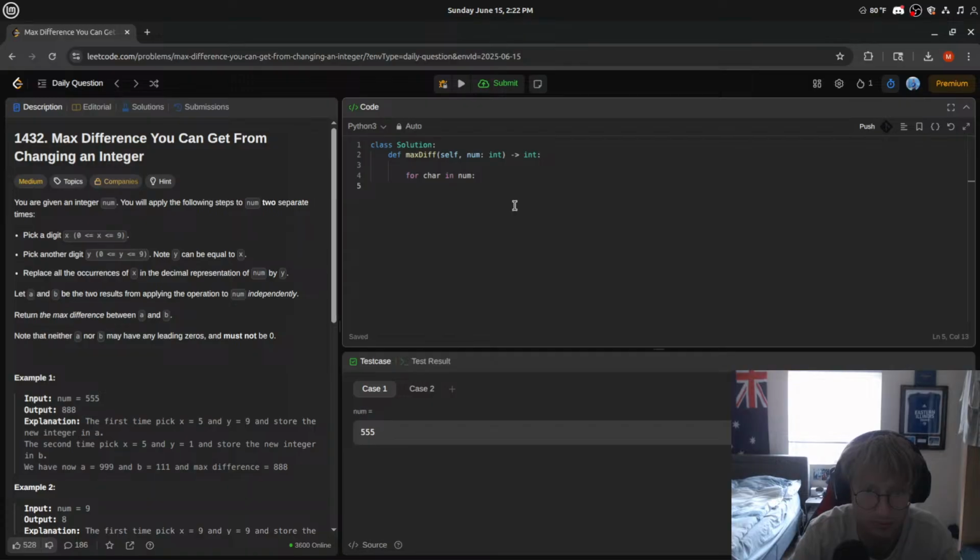So for each char in num, we want to find the max, right? So our max here would be, well,